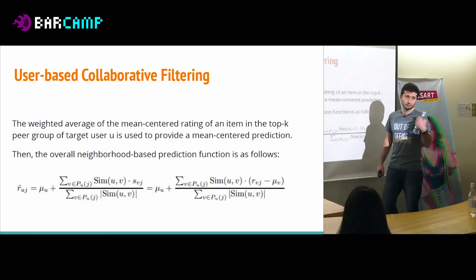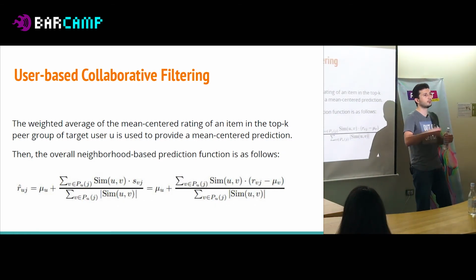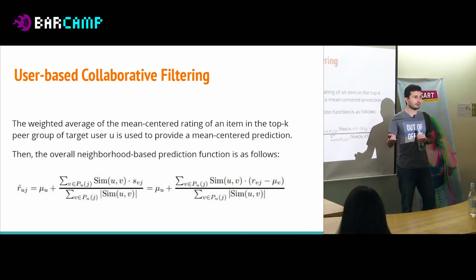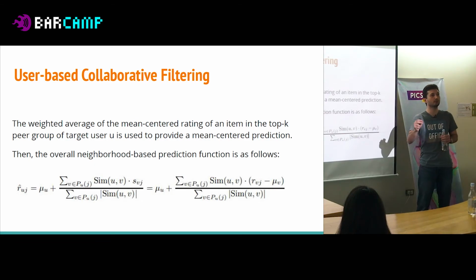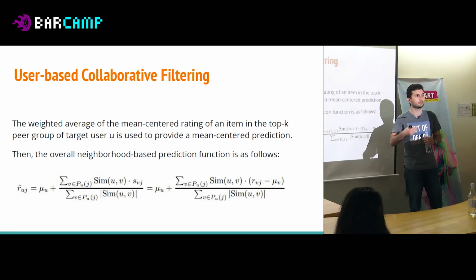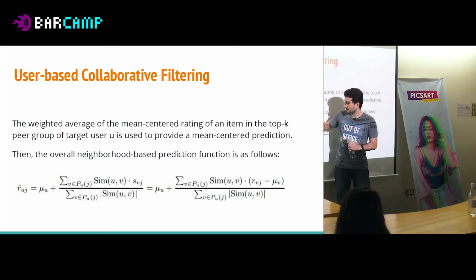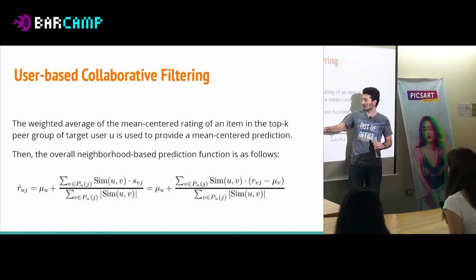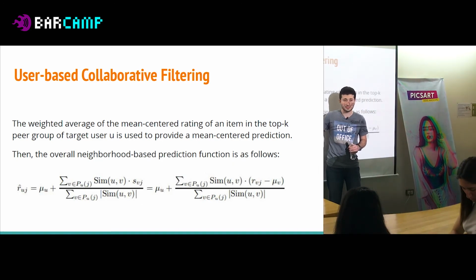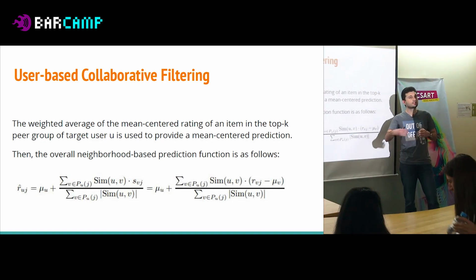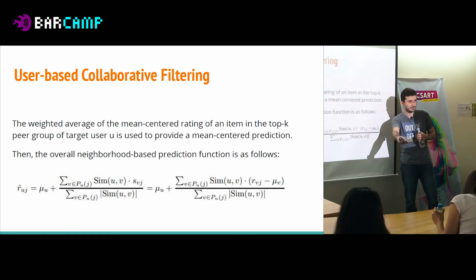Then what we can do later, we can calculate for every single user similarity to John, and then select top K of them who had interacted with the movie Alien, that movie that we want to get prediction for John. When we have these users, we calculate the weighted average of the ratings of those users, weighted by similarity, and this is going to be just our prediction for John. So for example, if the 5 most similar users to John have enjoyed the movie Alien, most likely John is going to enjoy this movie as well.